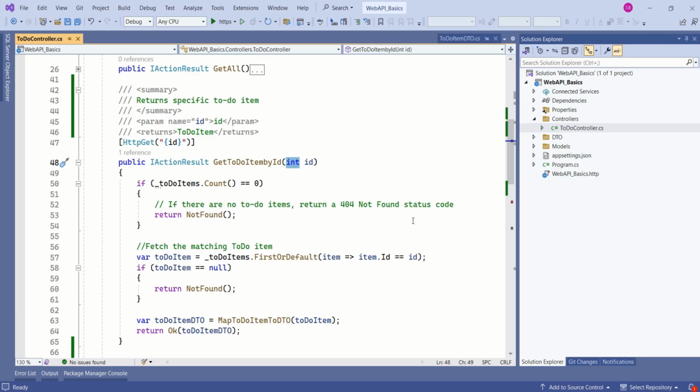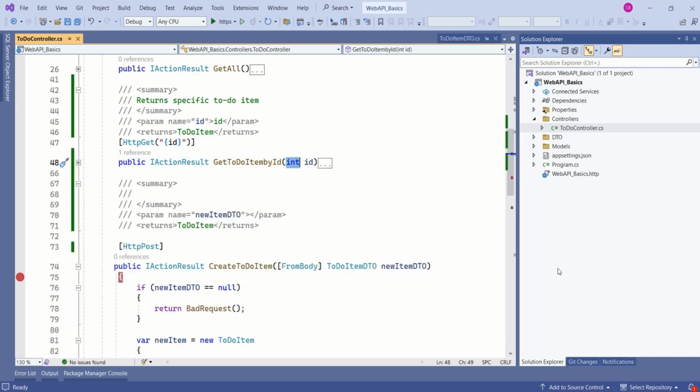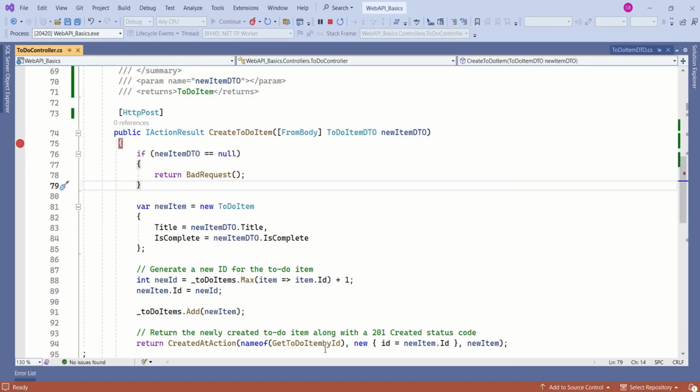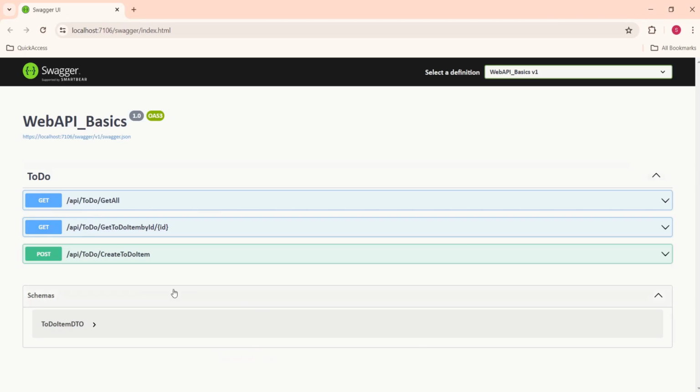Let's understand with one more example how the model binder can map complex data types. We have one more action method, create to-do item. This method takes to-do item DTO, which is a class. And now we can see how the model binder can handle this complex data type. Here we have a breakpoint and this is our Swagger UI.